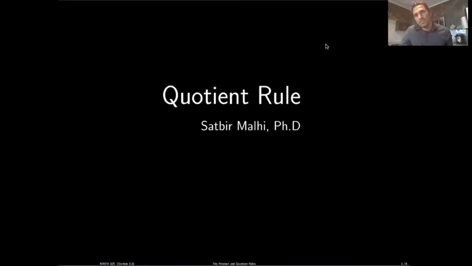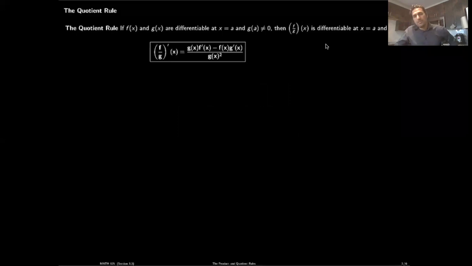Today I will be delivering a lecture on the quotient rule. The quotient rule is a formula for calculating the derivative of a quotient of two functions. Let's look at the formula. If you have a function f(x) over g(x), which is a quotient of two functions, with f(x) in the numerator and g(x) in the denominator, then the derivative of this quotient is found by using this formula,